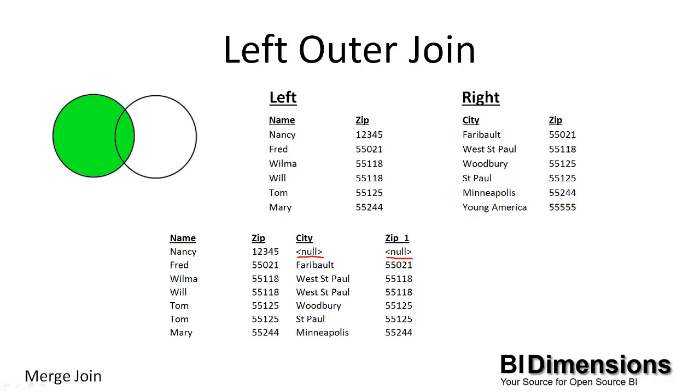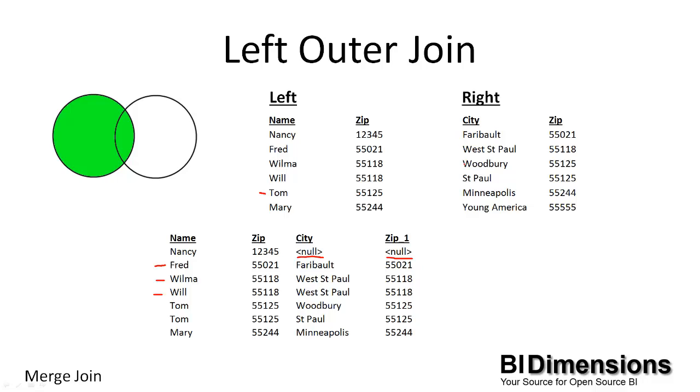If we look at Fred from 55021, that will use Faribault. And so it shows up down here with Fred with Faribault, 55021. Likewise, Wilma and Will show up down here. They're both 55128, and they're matched to West St. Paul, 55128. But now things get a little interesting with Tom, because here we have Tom at 55125, but we